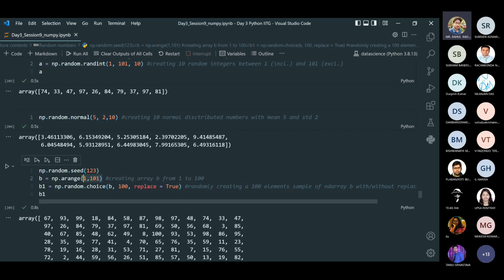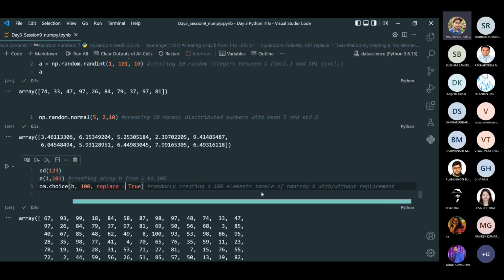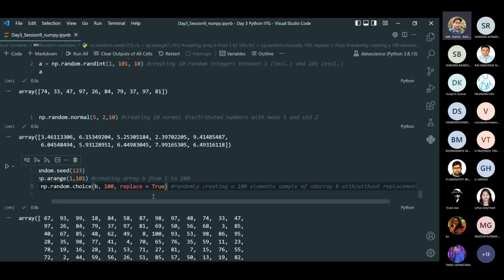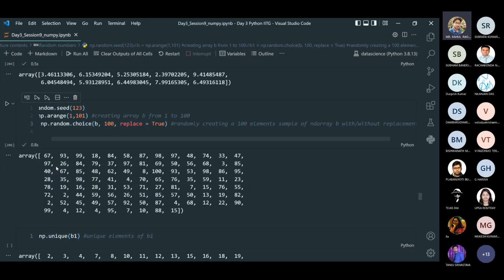So in the range of 1 to 100, with every sampling we are replacing the samples again. So replace equal to true. We will see that we are getting 100 random numbers, all between 1 to 100, and it is possible to get the same random number,